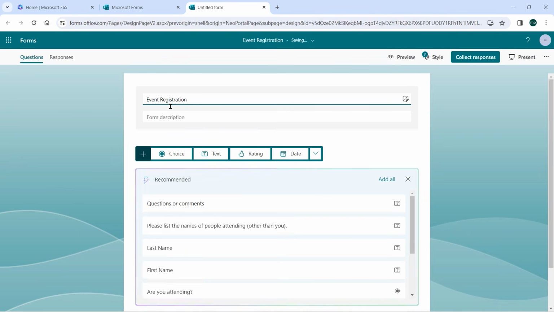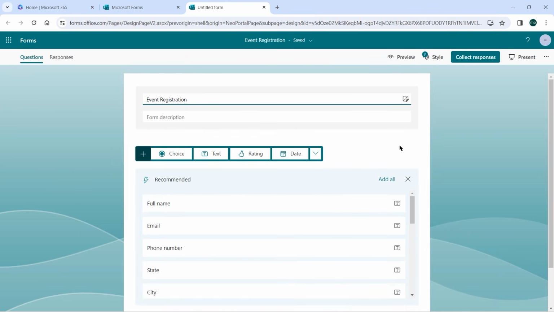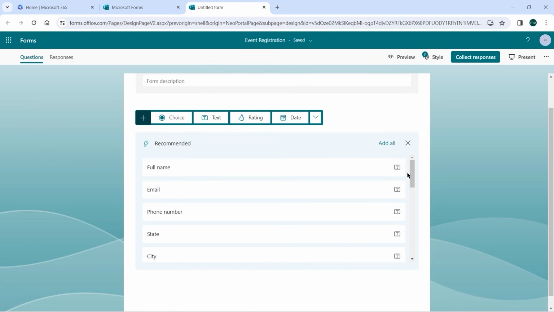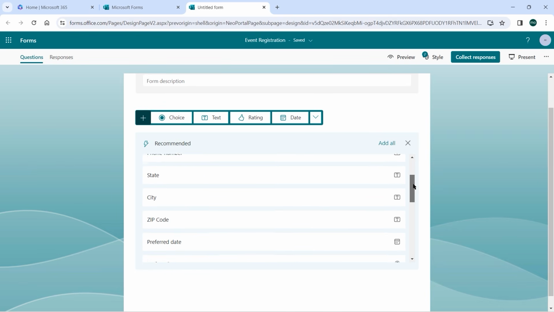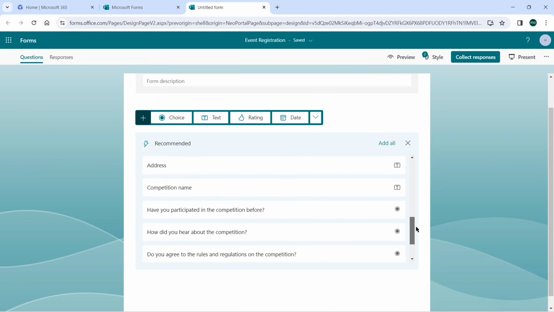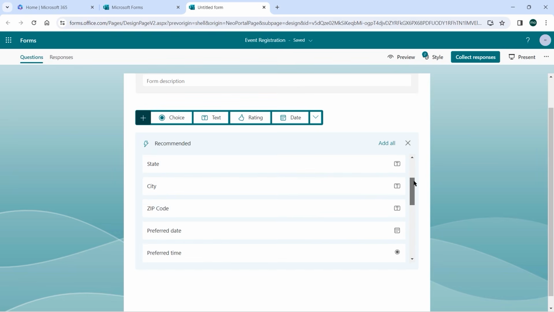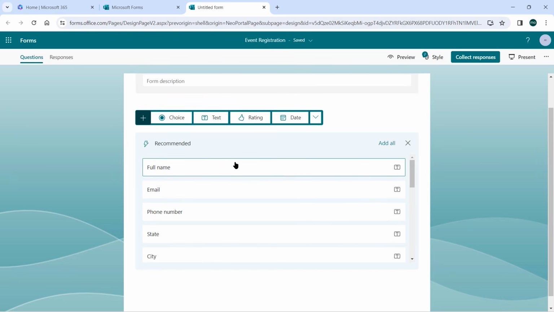And we can see sometimes we'll get a little AI tool that runs down here on the bottom. Based on the title of your form, you'll get some questions or fields that you can automatically add to your form, such as the full name, email. Let's see, some other things in here as well. So these, we can just simply click on them. So if I want to click on full name,